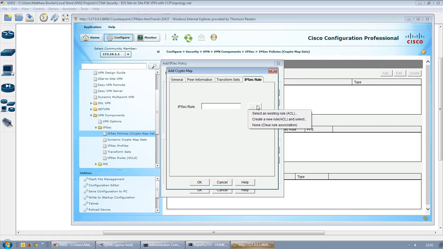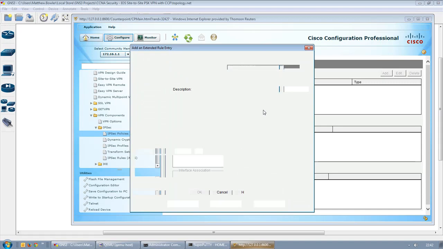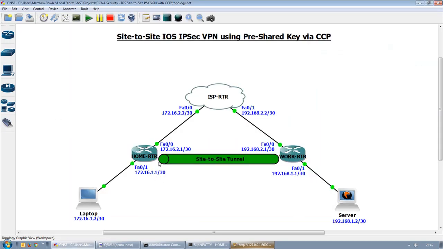We'll click the box here. You could select an existing ACL, clear any sort of rule association, or we could create a new rule. We'll go ahead and create the new rule, and we will call this the remote site VPN ACL, and we'll go ahead and add a rule so we can protect the traffic or exclude it and do not protect it. We will protect the traffic, and we'll be encrypting the traffic between